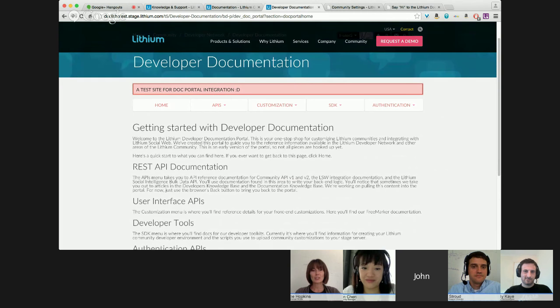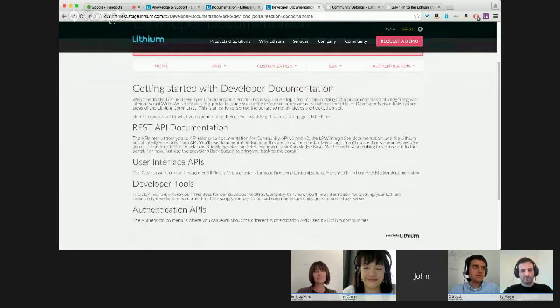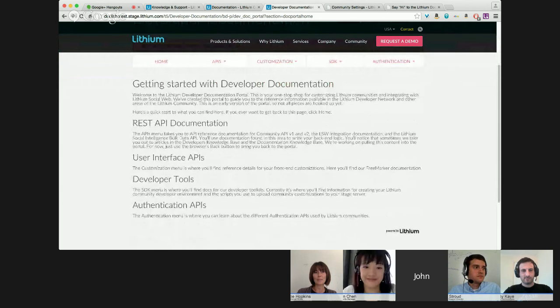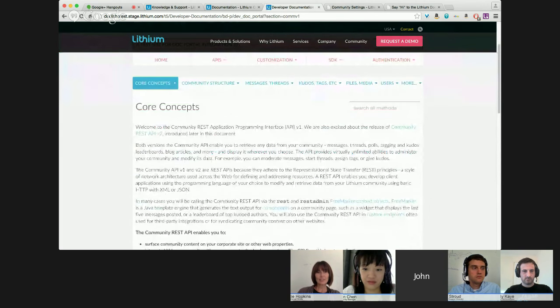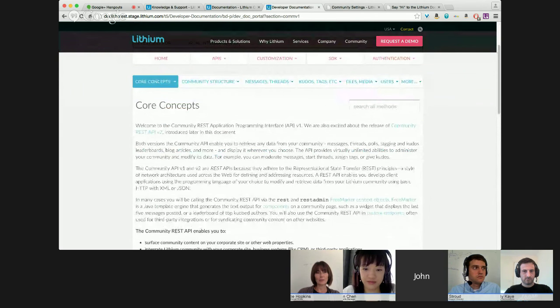So what we've tried to do in this main page is give you a home base. You can see we've got these top navs for your home page where you can always go to reset if you want to. And then we try to categorize things for our REST APIs. So we've got API v1, where we're pulling in the existing v1 documentation. This is probably what you're familiar with if you've used the developer docs here.